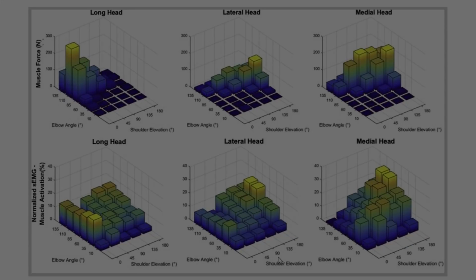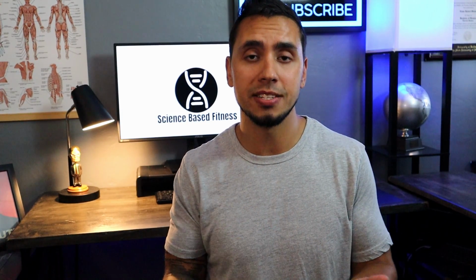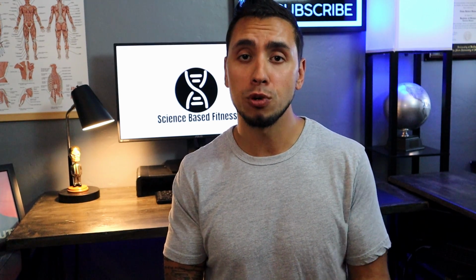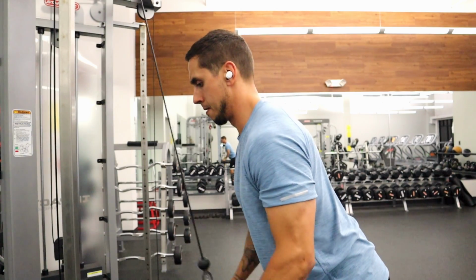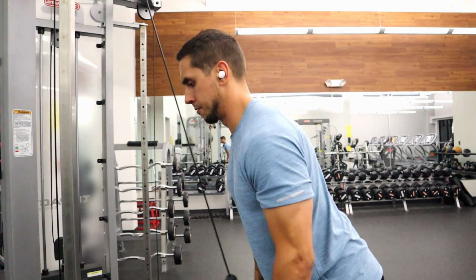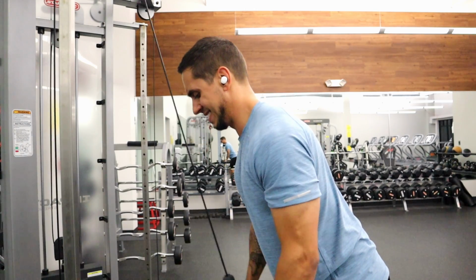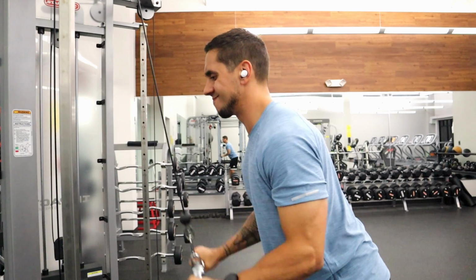I know this might get a little bit confusing, so I'm going to show 2 exercises here, and I'm going to let you guys kind of guess and understand which heads are most active throughout these motions. So the first one you're going to see here is me doing a standing tricep extension or a tricep pushdown with a straight bar. Now, with my arms right at my side with 0 degrees of shoulder elevation, I'm going to have the most activation on my long head with a limited amount of activation on my lateral and medial